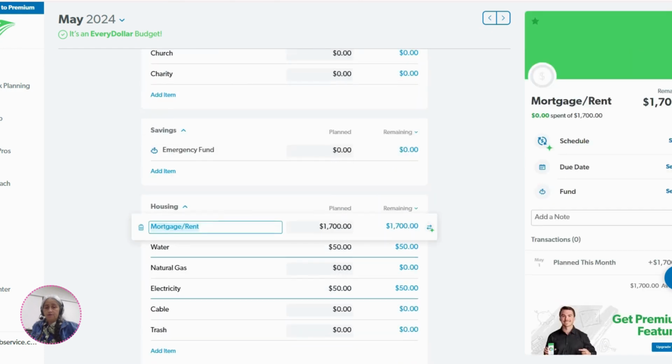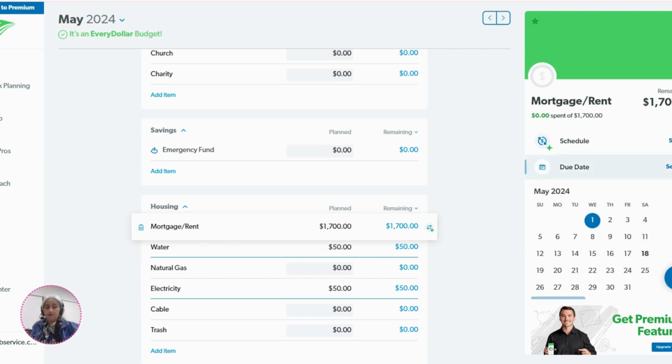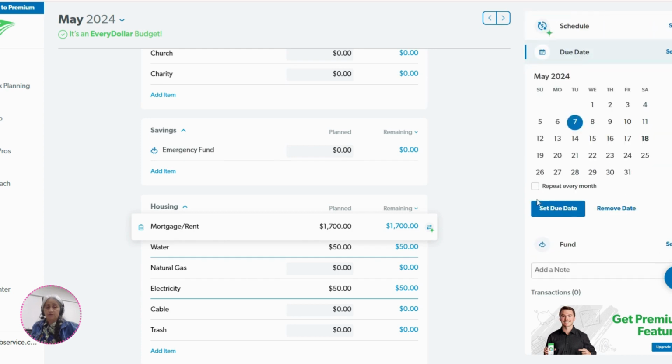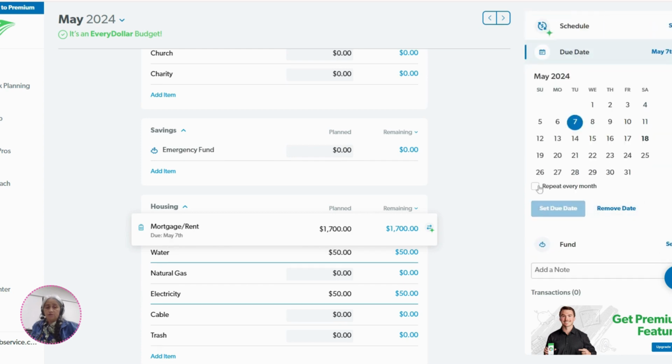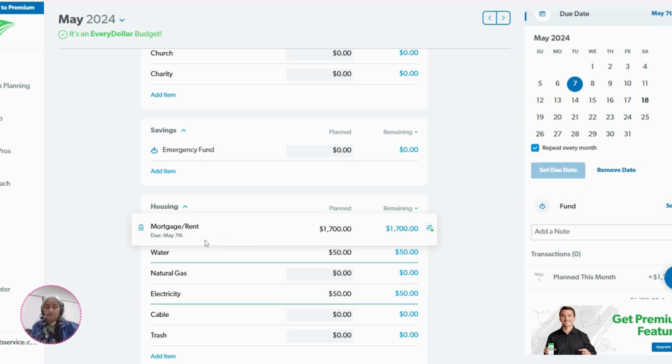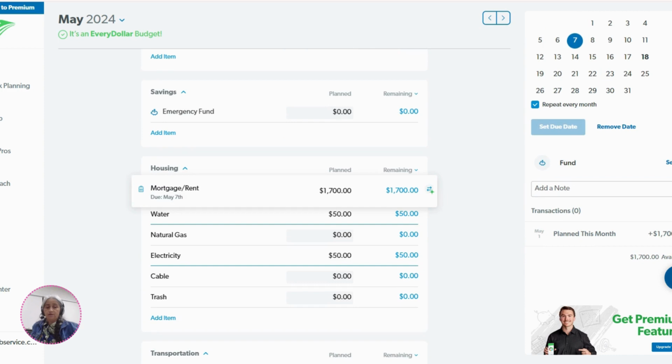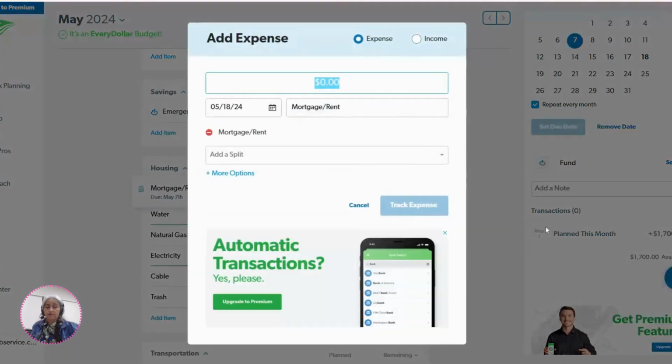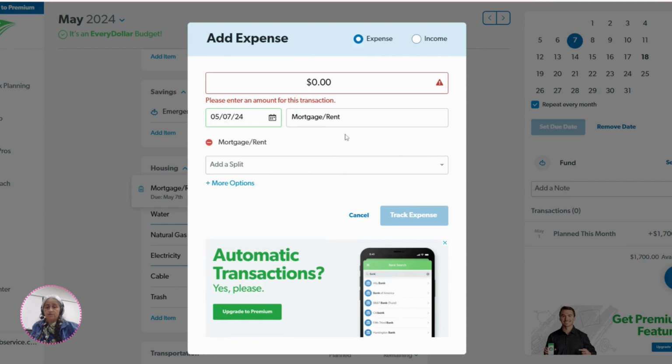So we come in here, you'll see on the right hand side, you've got what it is, how much is there, and then you can set the date. So maybe it's due on the 7th. Set it as a due date. You can say it comes every month. You'll see it's due the 7th of May. And then when it does roll around to the 7th, you can select, oh yes, on the 7th I paid